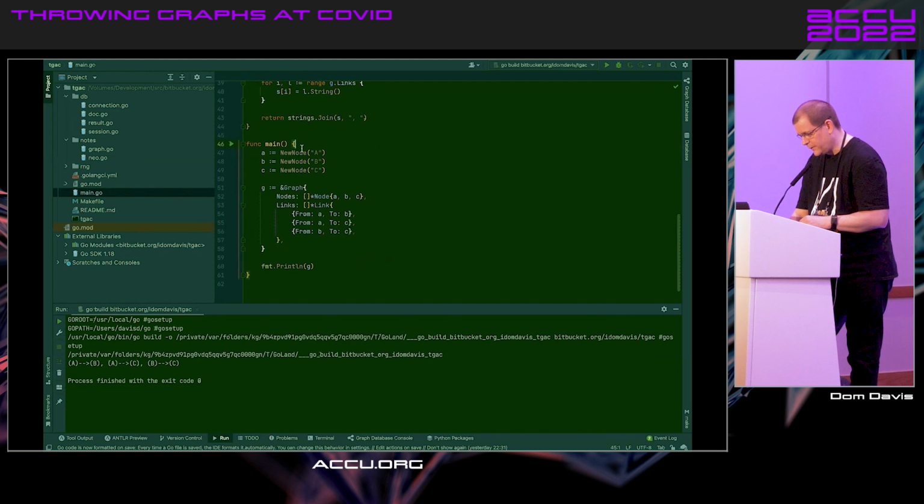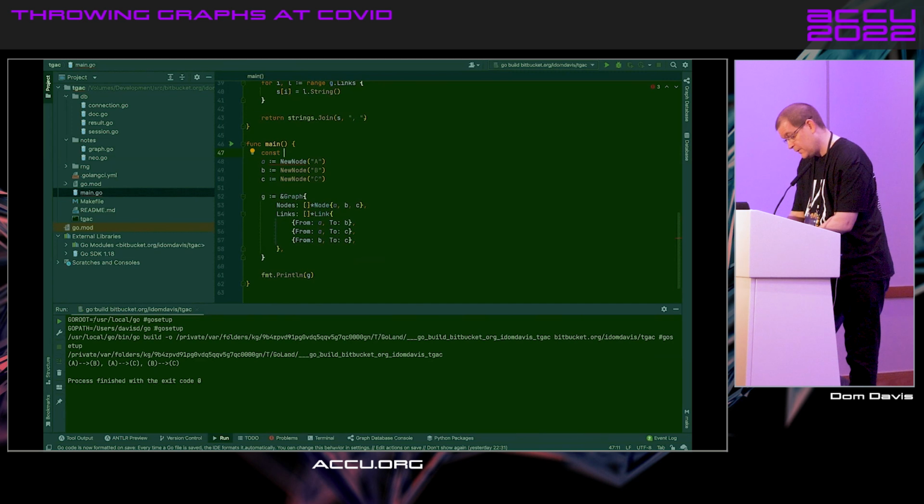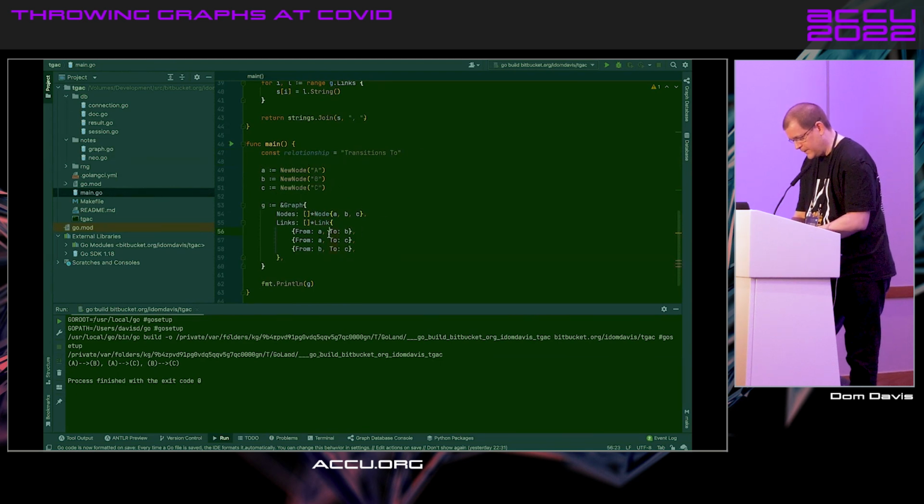Well, let's give it a const. So const lives here. Can't go anywhere else. And I think it's transitions to. That's what we called it. There we go. So we can then say